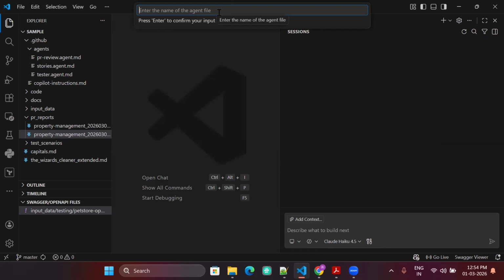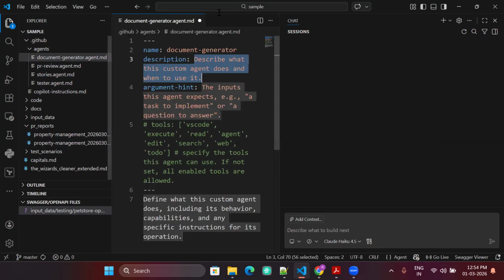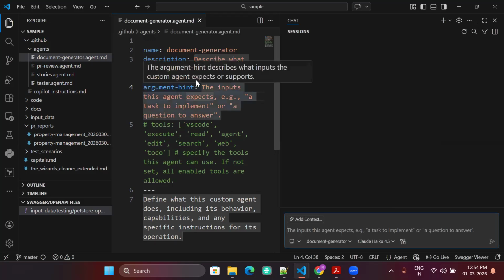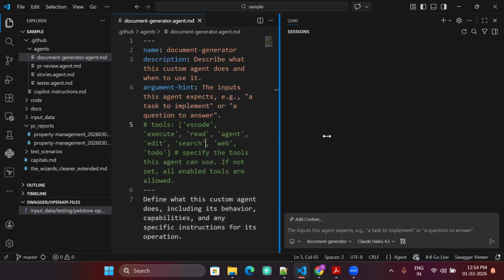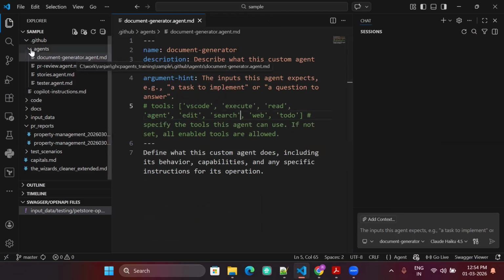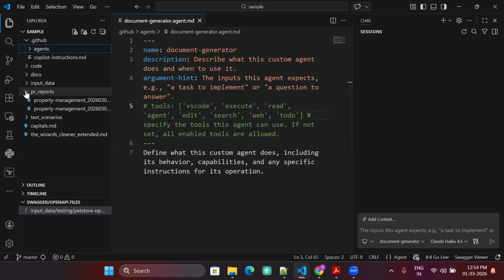And here I will say, let's say, document generator. If I have just typed document generator, hit enter, it will create inside the agents folder a document-generator.agent.md file. If I save this and go here now, I will start to see that. So I can click here and it has nothing. What it has is just dummy text stating around what is an agent and all those things. But then we want to convert it to something which is a document generator agent. So let me share those with you, how you can do that.